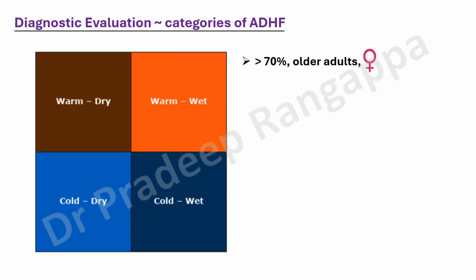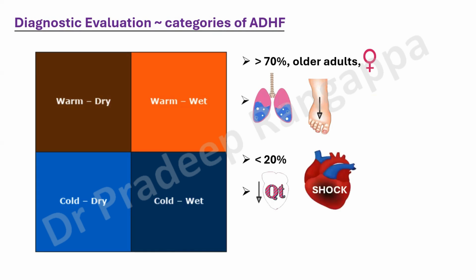So the warm and wet is typically seen in elderly people where there is a lusitropic effect, or relaxation of the heart is affected. It is seen in more than 70% of older adults, and predominantly they present with pulmonary edema, and they have less pedal edema. The cold and wet occurs in less than 20% of the patients, and these are the patients with low cardiac output, where the peripheries are cold and they have more pedal edema, and they come with more hemodynamic decompensation and cardiogenic shock. These are the patients at an increased risk of death, who may need a heart transplant at the end of 1 year, and they have a worse prognosis.